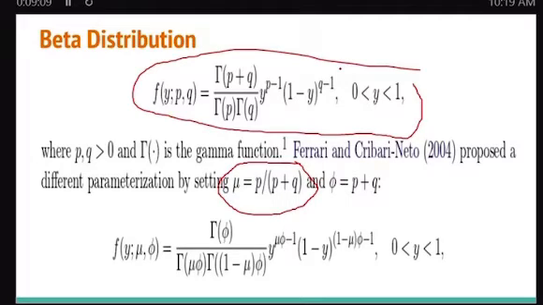But you know what I'm going to do? If I let phi be P plus Q, wherever I see P plus Q in that function, I'm plugging in phi. And wherever I see P over P plus Q, I'm going to plug in mu. Because in modeling,